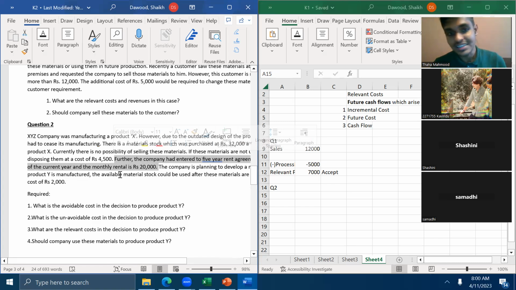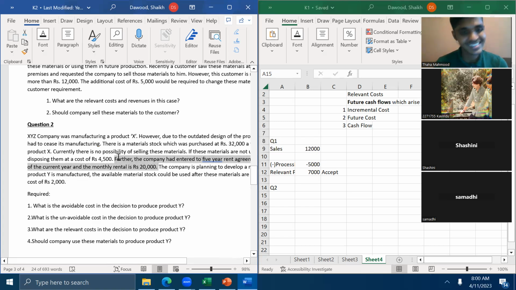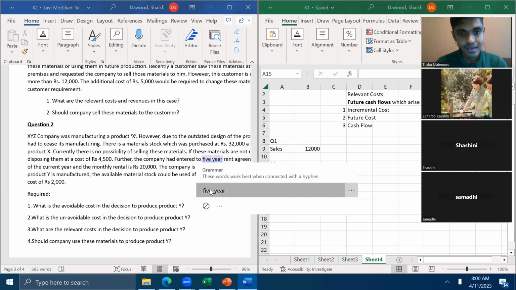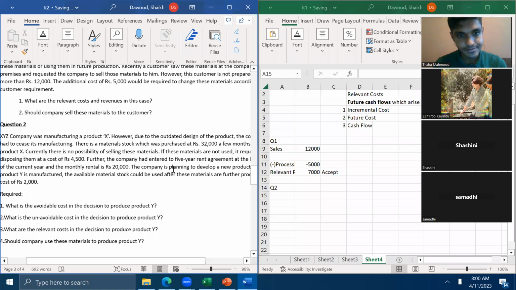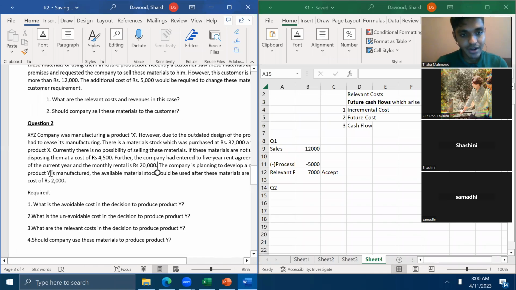In any situation, these kinds of costs would never become relevant because those are unavoidable. Once you read this event, you should understand this cost is unavoidable. Regardless of what decision you make, you have to pay this 5-year rent. Those are irrelevant. The company is planning to develop a new product Y, and if product Y is